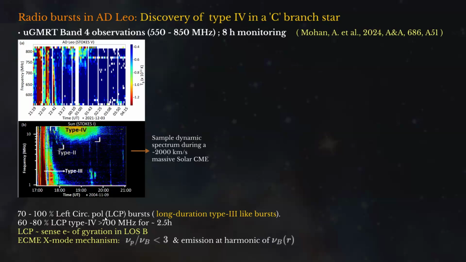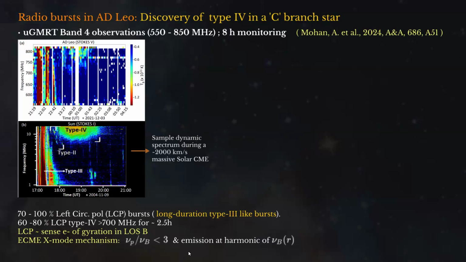Okay. And so also we find that the emission mechanism, as opposed to the sun, is actually via an ECME mechanism. How do we know that? Because these emissions are nearly 100% polarized. In the sun, at max, we see something like 30%, 50%, as opposed to this, which has like 100%. So now from the theory, which I initially mentioned, we can expect that this should be formed at a